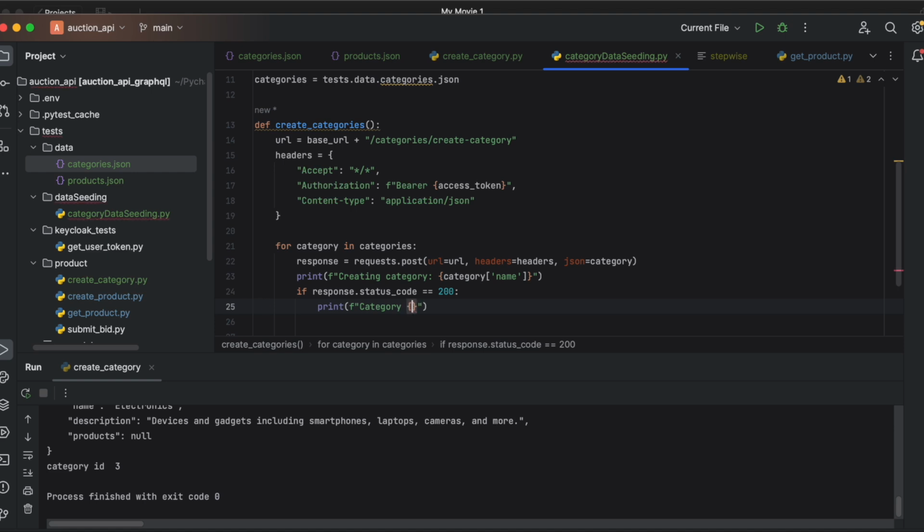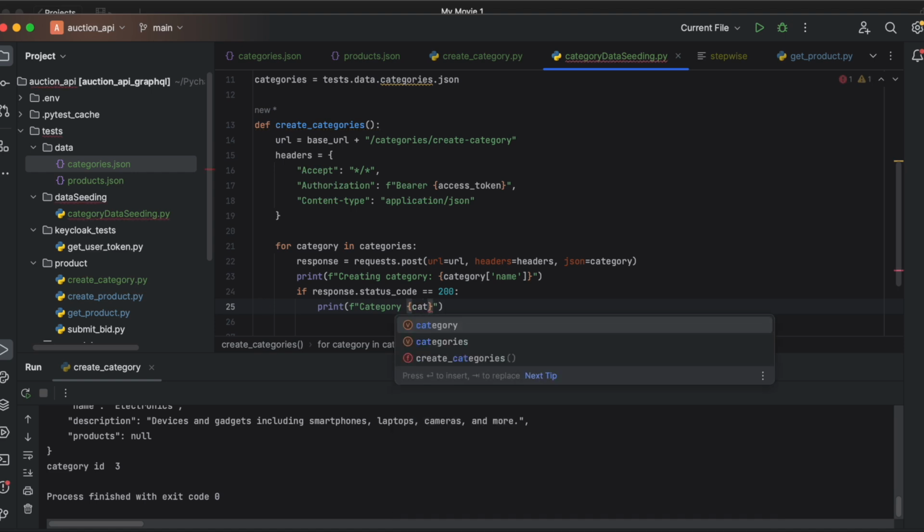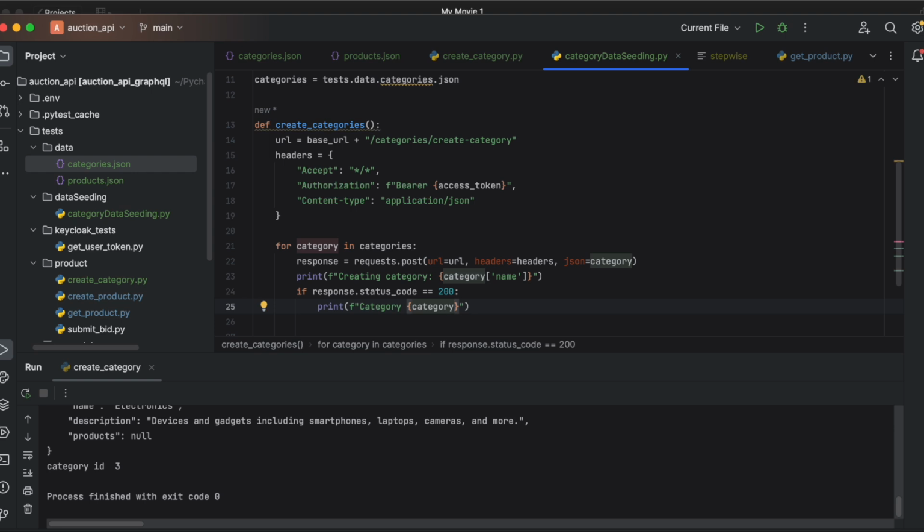So this type of code is this one, and we are using the name property. Okay, that should be fine. Created successfully,